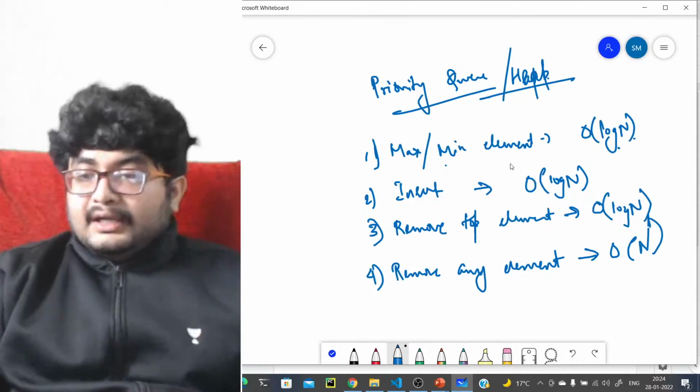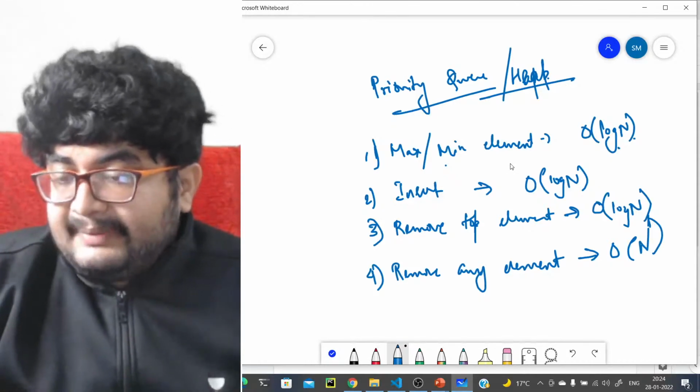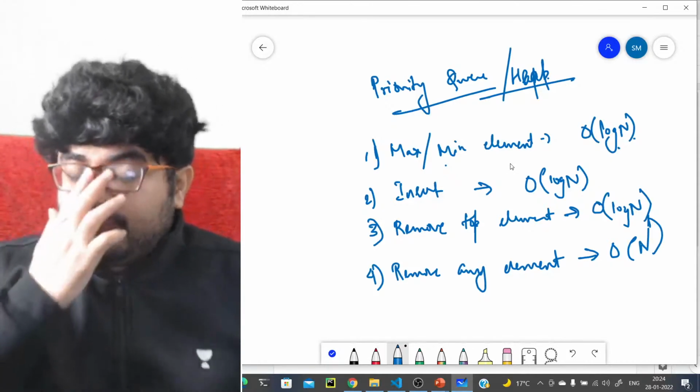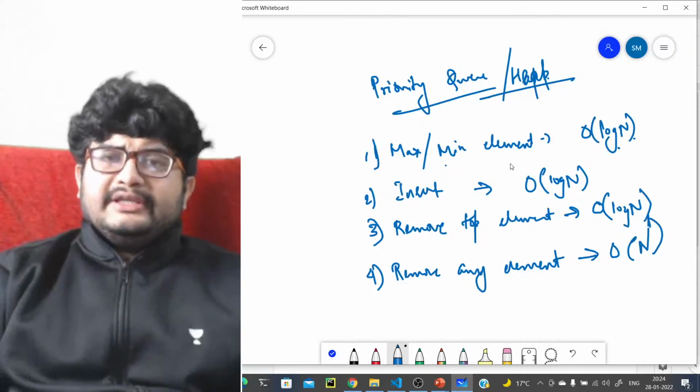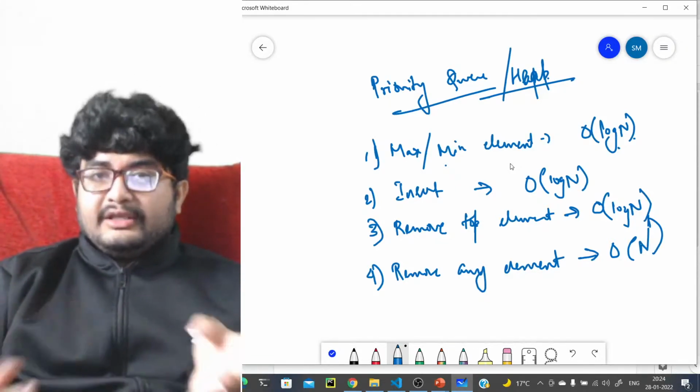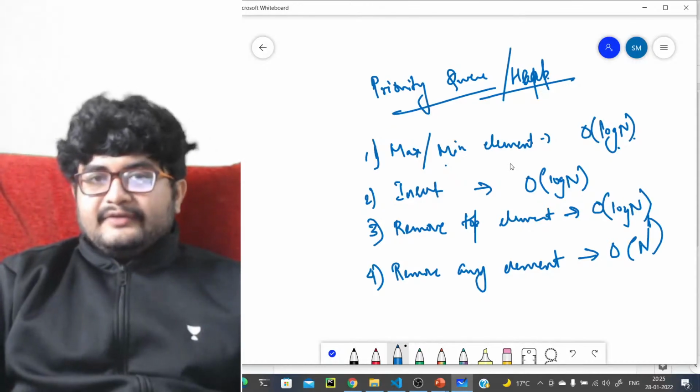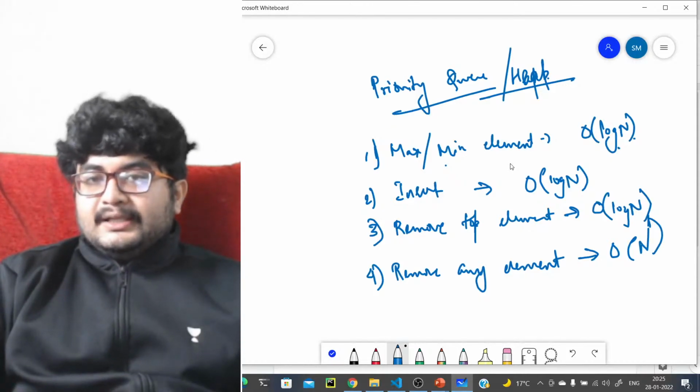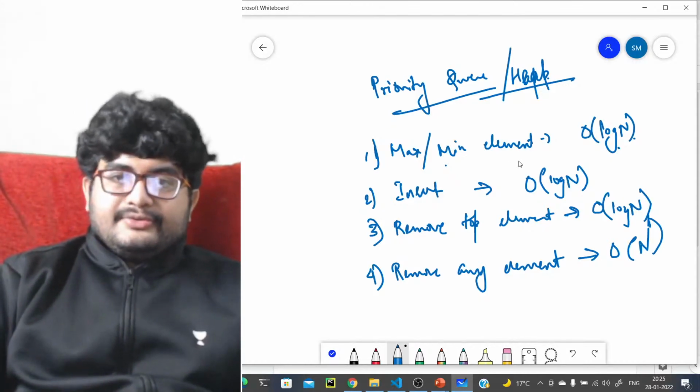So, one second sir, can we order the map according to values, not keys, if possible? Values not keys, I don't think it is possible. Like it has to store them in an ordered fashion with keys for easy searching. So yes, it is ordered with respect to keys. Okay, it's not ordered with respect to values.